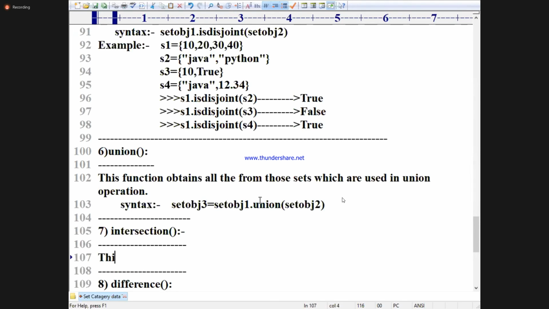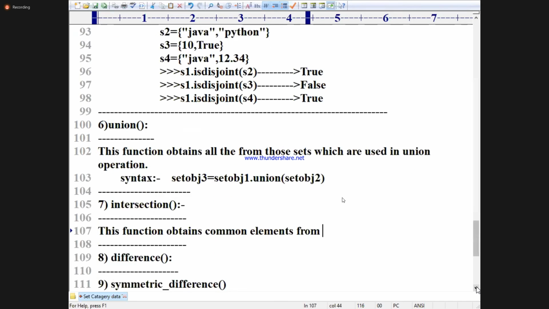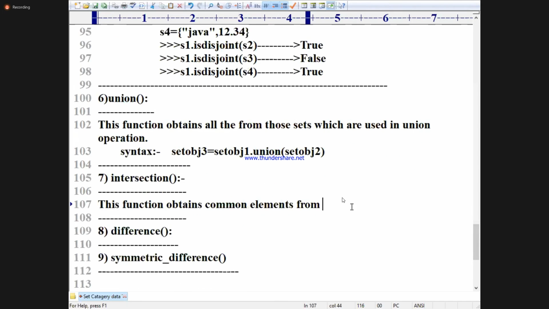This function obtains common elements, that is important, common elements from two sets. It's not only two sets, I can apply it to any number of sets, dear students.